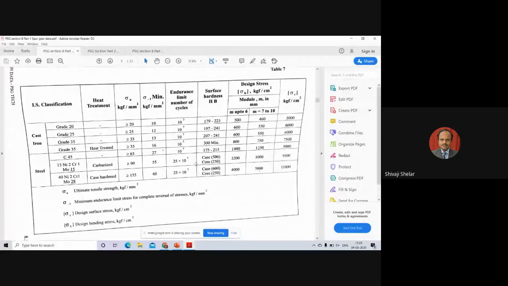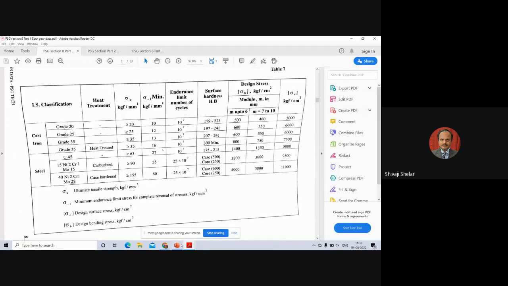Similarly, we have the gear material, which is C50. C50 is very close to C45. Sometimes you may not get the entire data for all materials. So for C45, you can say C50 values will be greater than C45 by some amount. Here the sigma B value is 1400 and the sigma C value is 5000 kgf per centimeter square. These values are in kgf per centimeter square. When writing in our solution, we write in Newton per millimeter square, so you simply divide by 10 to get these values in Newton per millimeter square.